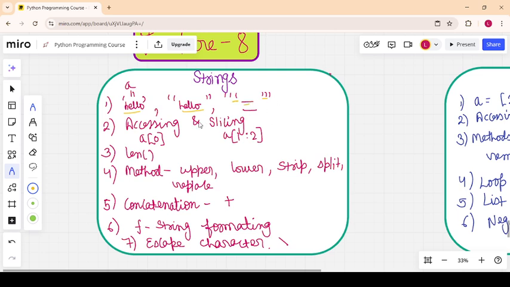We can access the string as well as slice the string. Suppose I have a equal to hello, which is a string, so we can access this string character. Like I mentioned here, 0 is the index number. I can access it. In this lecture, I will not go into depth because I have already taught you this concept. This lecture is a summary, so I will go very fast. a[0], 0 is the index number, and we can get H here. H is the answer of that.